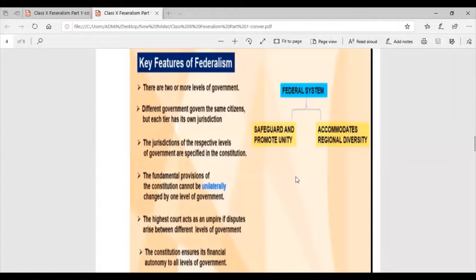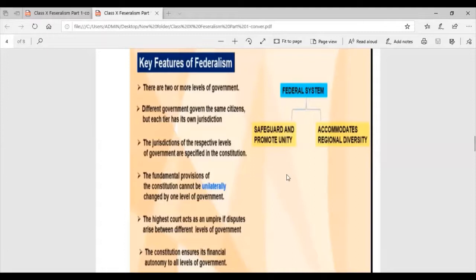For example, in the previous chapter on power sharing, we learned about Belgium. They used the concept of national unity and accommodated the different language-speaking people. So that's all about the